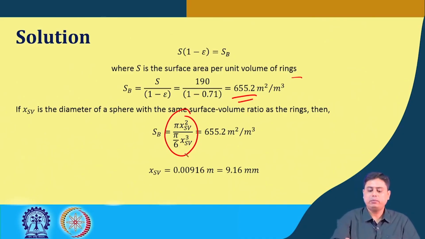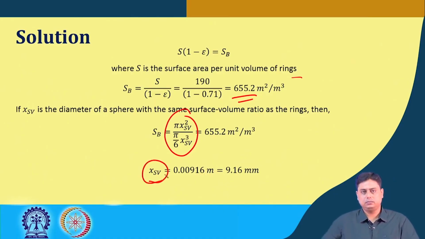By equating that with this value, we can find out what is XSV, or the diameter of the sphere with the same surface volume ratio as of the Raschig ring. Okay. So, basically in the first part we had to convert that surface area per unit volume of the bed to the surface area per unit volume of the particle, and then we can have this XSV value,